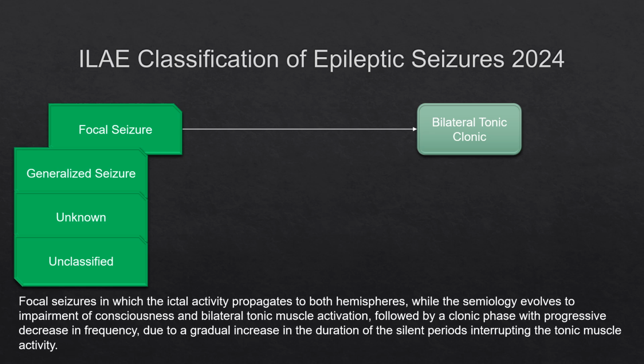That means when the seizure progressed to involve the whole body, the child's consciousness became impaired. And later on, the child progressed through a tonic and clonic phase. Tonic means sustained muscle contraction, increased tone, followed by the clonic phase. Clonic means intermittent rhythmic contraction and relaxation. So as the child's seizure was focal in onset, gradually progressed to involve both hemispheres, becoming generalized, affected the consciousness, and later progressed with the tonic and clonic phases, we'll call it focal seizure to bilateral tonic-clonic seizure.